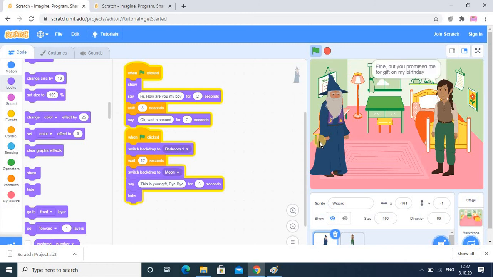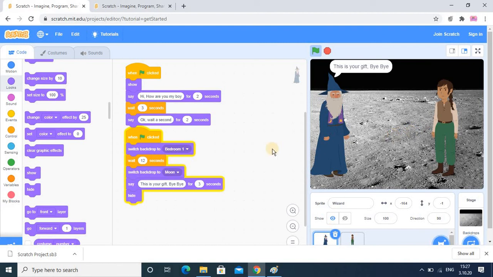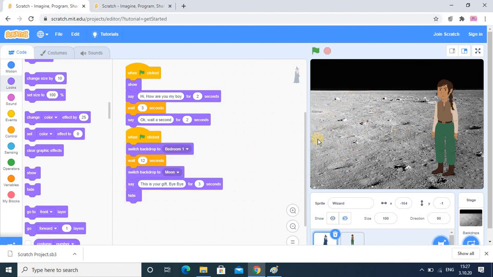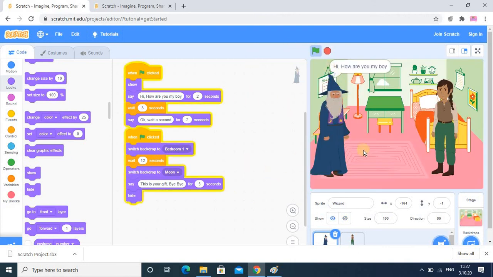So this is your code, and in this code you learn how the two sprites will communicate and how their background will change at runtime, as well as how that sprite will be hidden and how it will come back again. So in all this process, two important things happen: their background got changed and the sprite got hidden, and then when we run again it will come back. So these two parts are important, this show, hide, and this switch.